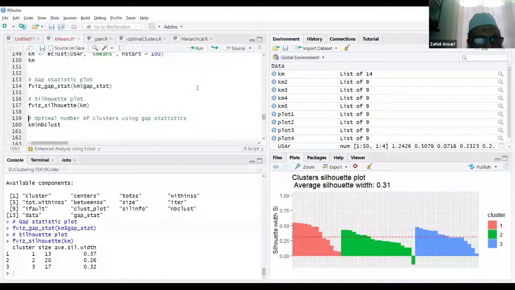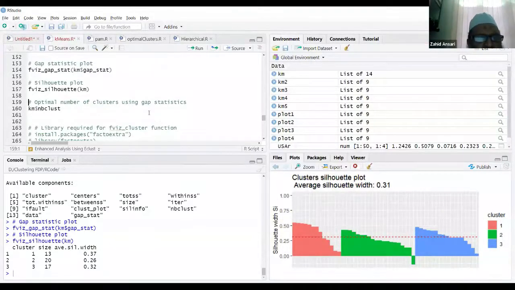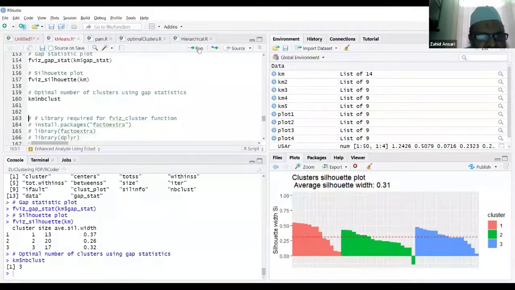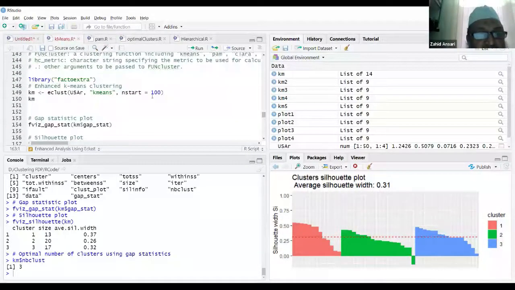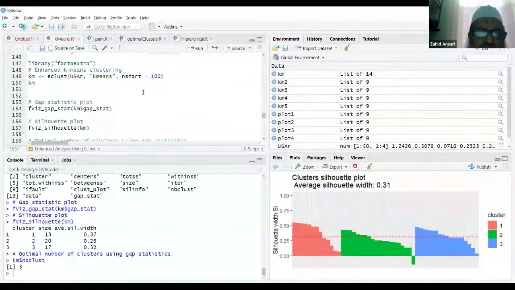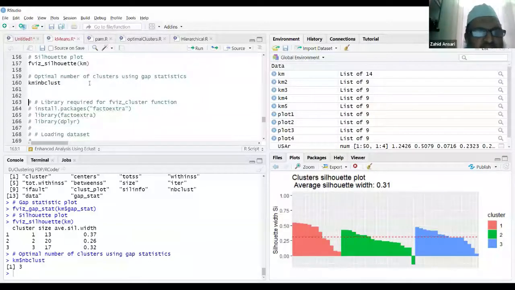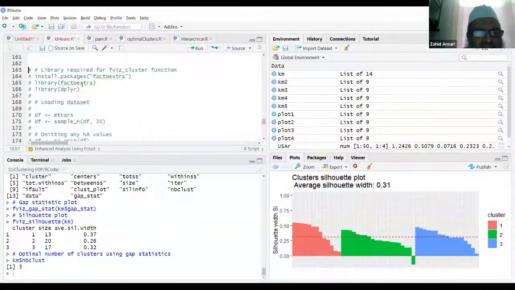For the optimal number of clusters, there is a parameter nbclust in the output of eclust. If I see that, it is telling me that the optimal number of clusters using gap statistics is 3. Remember that if you run this more times, the result may change. It may change from 3 to 4 after more runs, because it recalculates and gives you the number of clusters.